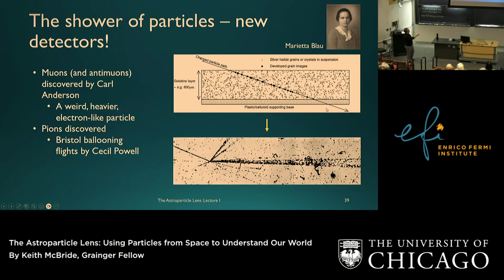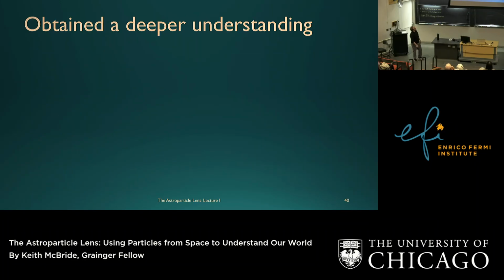And so you take your gelatin, a kind of gelatin that the charged cosmic ray comes through and deposits energy, and then they can develop that into a film that gives you a photograph of the actual track of the particle. And this led to the discovery of pions, and actually the direct observation of charged pions decaying. Right? So this was very interesting at the time, and there was a lot of discovery from these new detectors. And so throughout all of this, from the 1900s to the 1940s and 50s,